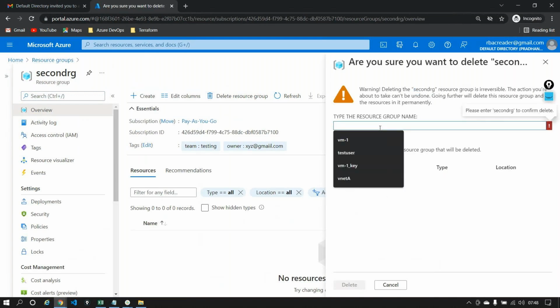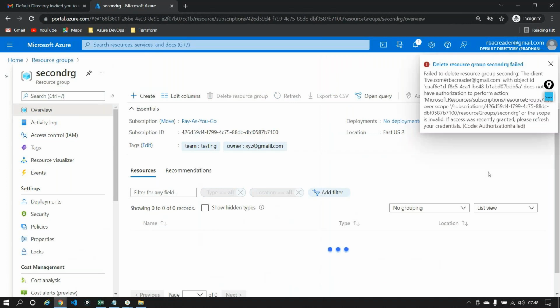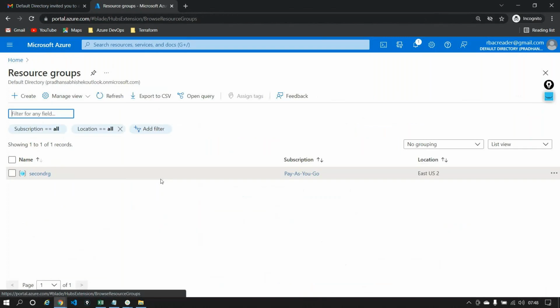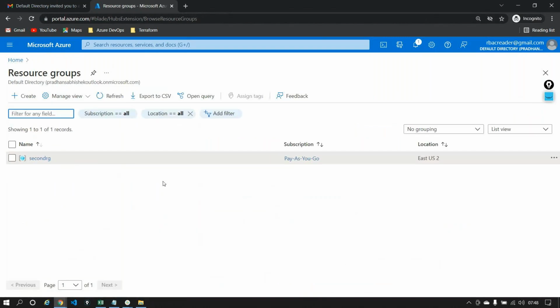So let's come down here and initiate a delete. And it gave me an error message telling me that you do not have the proper authority to delete this because you are just a reader. So you cannot delete or manage resources. You can only see the resources that you are allocated to. But if I turn the scenario around, and I now add this user as a reader on the subscription, what all should he be able to see?